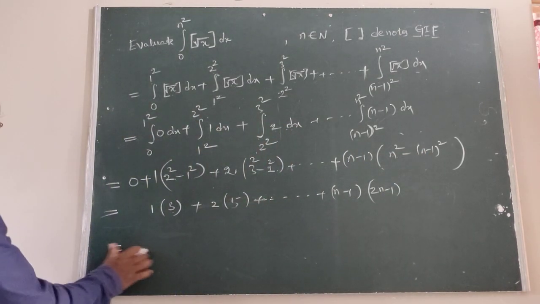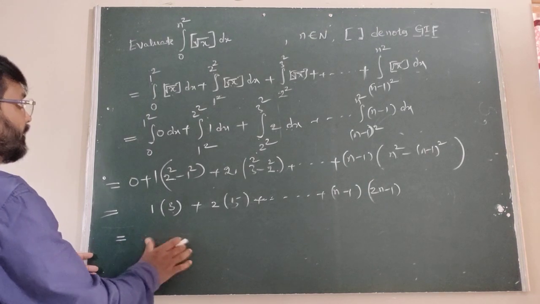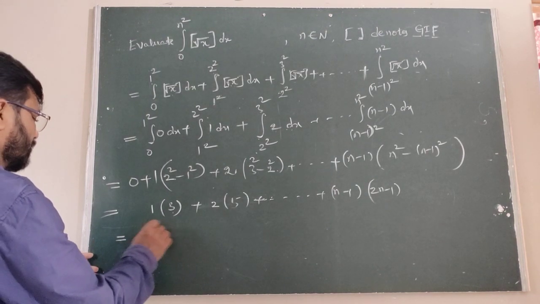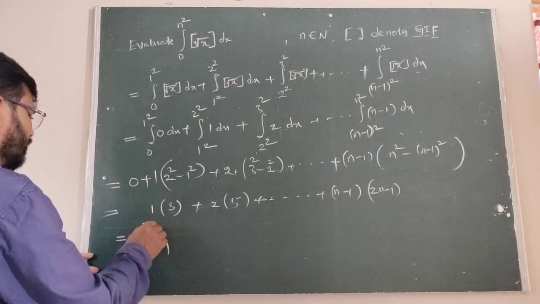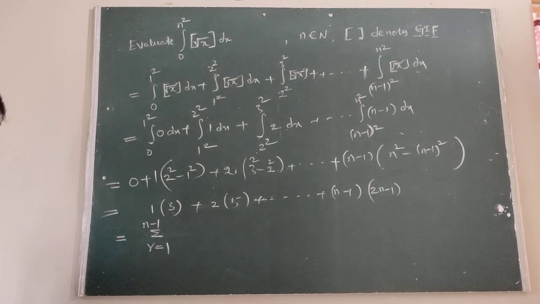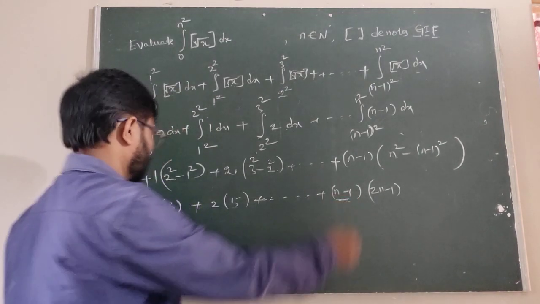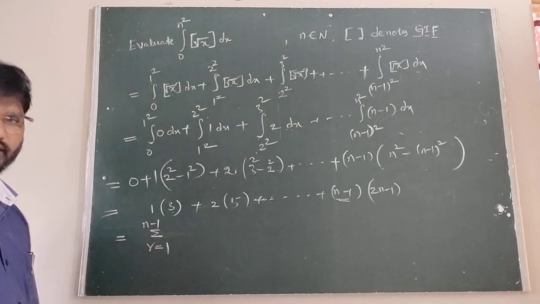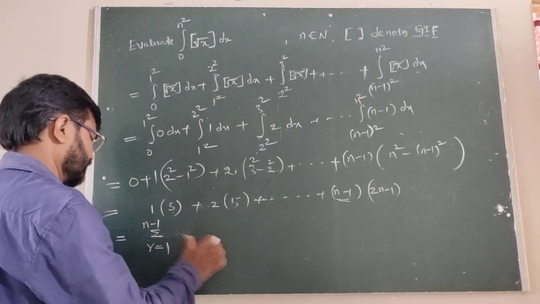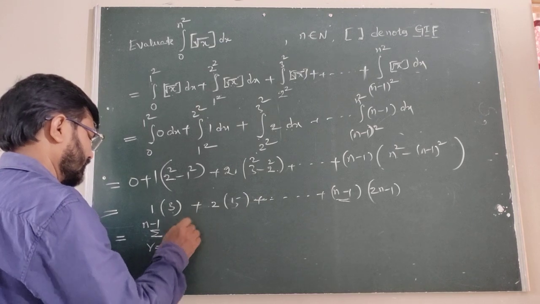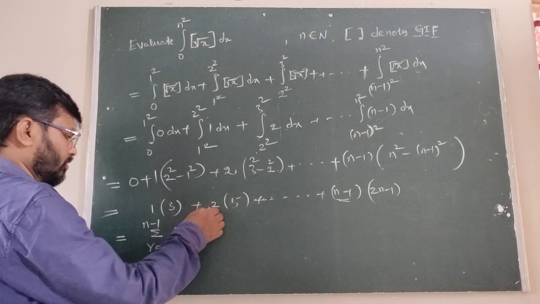Therefore now we can write this using sigma, all of you listen here. Sigma r equal to 1 to n minus 1. The last term is n minus 1, that's why you are taking n minus 1. This is 1, 2, 3. You can write r. This is right, r, yes or no? Therefore when we take r equal to 1, this one, r equal to 2, this one.